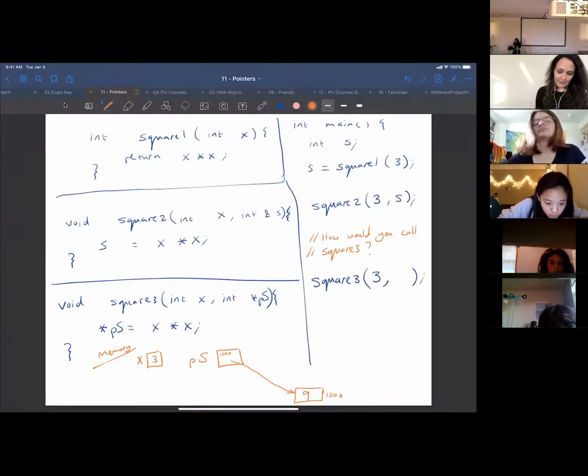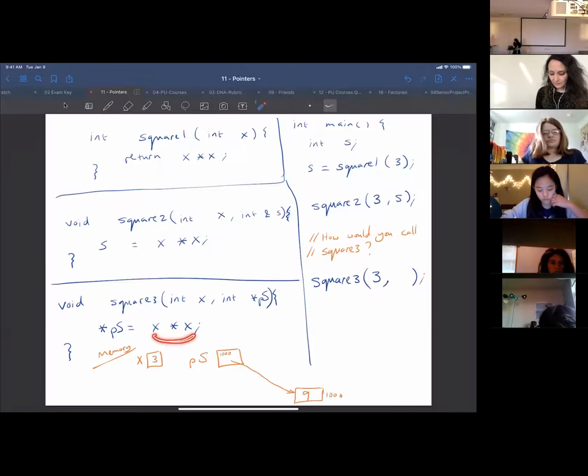So when I say star PS, it's basically saying follow the arrow, right? So x times x does the multiplication. The answer is stored in whatever PS is pointing to. So PS is pointing to this location here, so the answer is going to be stored inside of that location. Okay. So then the question is